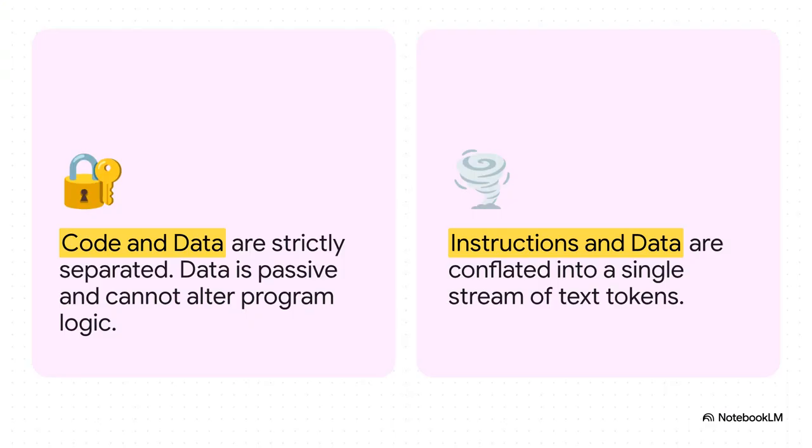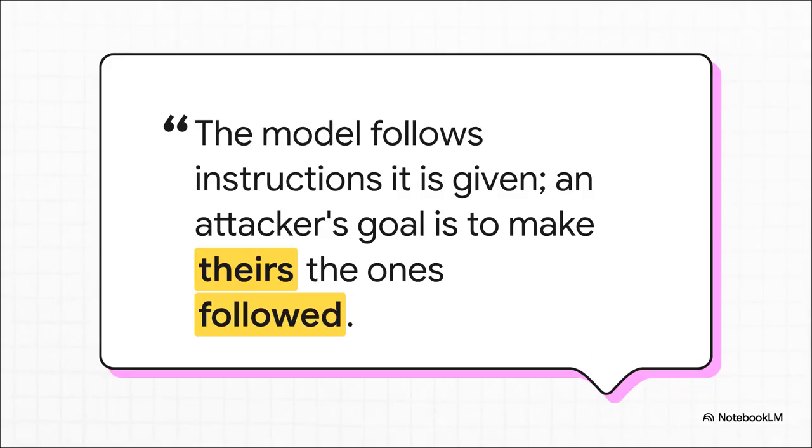This slide just nails the root cause. Think about it. In every other kind of software we've ever built, there's a hard line, a firewall, between code and data. But with LLMs, that wall is gone. Your trusted system prompt and some untrusted, potentially malicious, user input, they all get mashed together into one big stream of tokens, and that is the heart of the entire problem. See, the model has no reliable way to tell the difference between your instructions and the attacker's. It just sees a sequence of tokens and tries to predict the next best one.